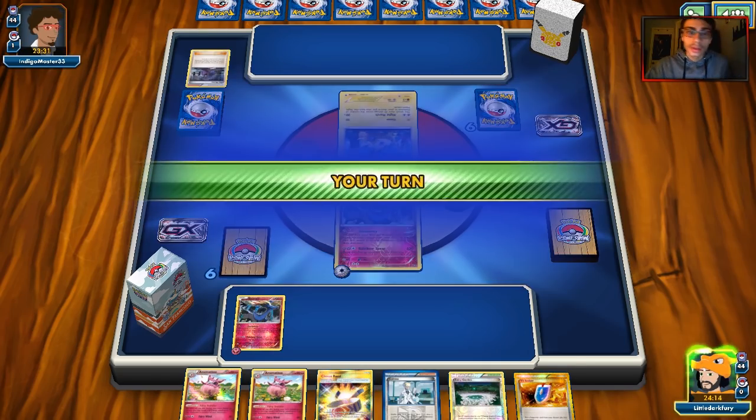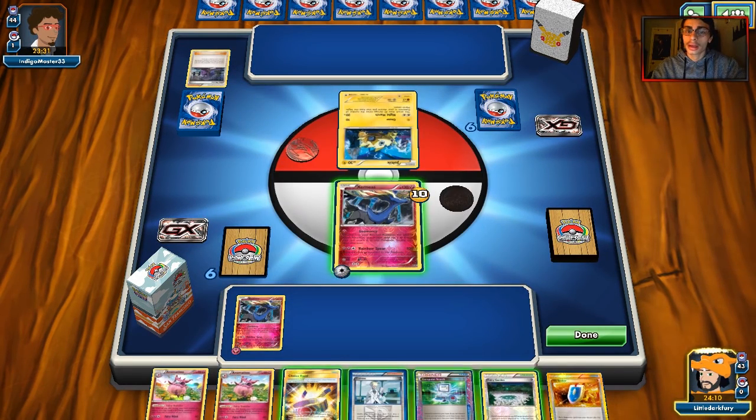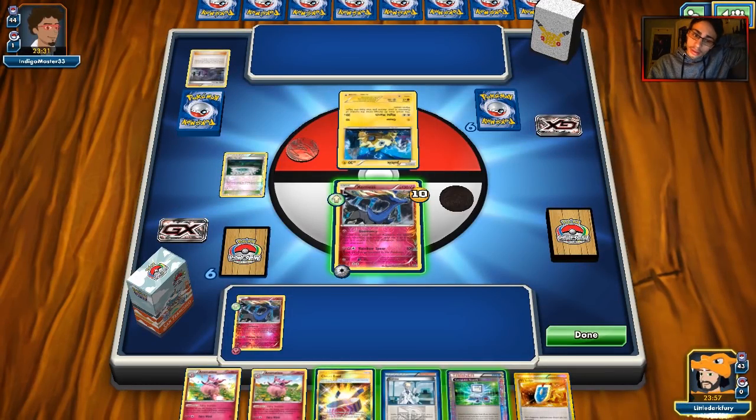This is kind of funny though. Literally, a 30 HP Pokemon has... Okay, and... I don't think that's game, but I can... I don't want to get rid of 2 Aromatisse though. Is it even worth trying to win this turn? If I had an Aromatisse in play, I'd have game here, but... I don't...